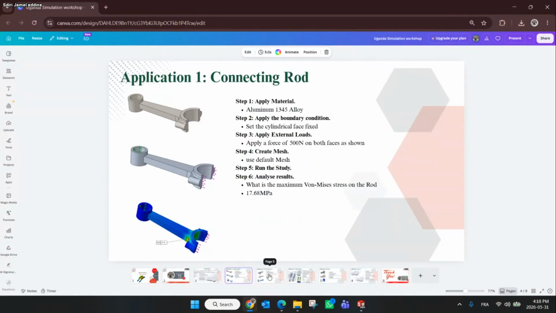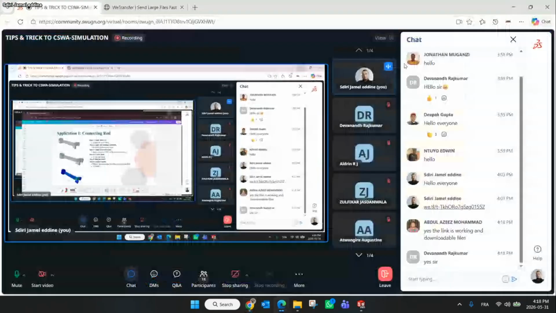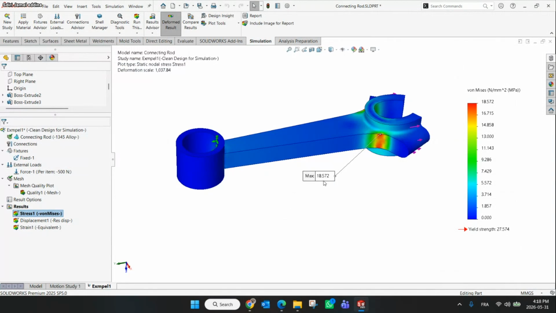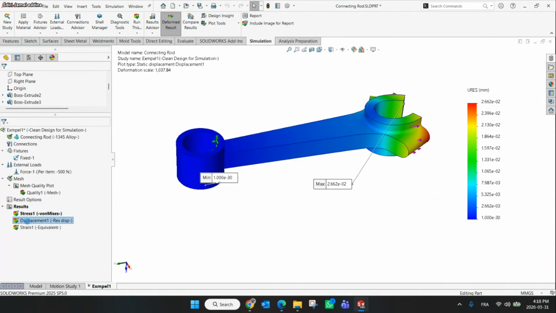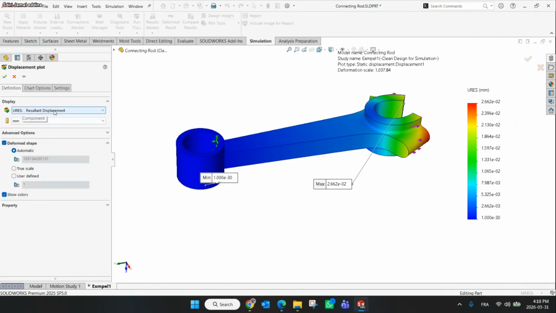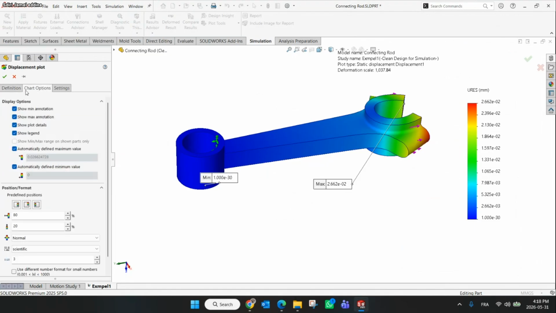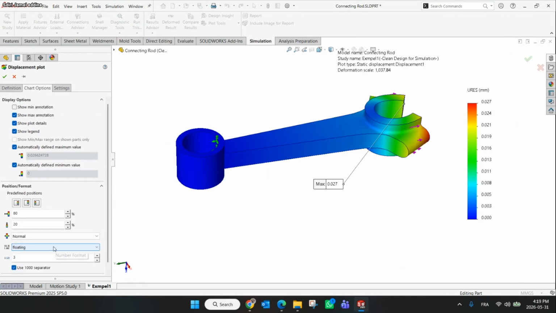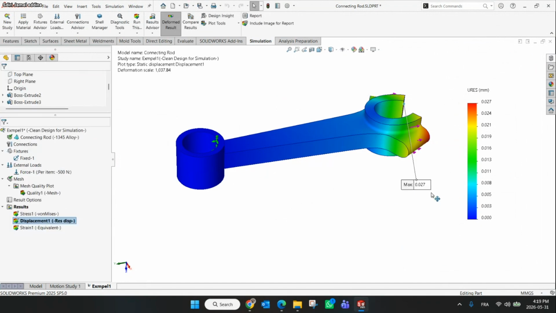Let me just continue on this one, then I will move to the second question. For example, now it asks me what is the maximum resultant displacement. So I'm going to double click displacement to show the displacement plot. As I said, we click edit definition. We keep it resultant displacement in millimeter. Here in the chart option, I'm going to check only show max annotation to have the maximum value. I'm going to change my value format to floating, and my decimal number I'm going to keep at 3. I click OK. As we see here, we have a displacement of